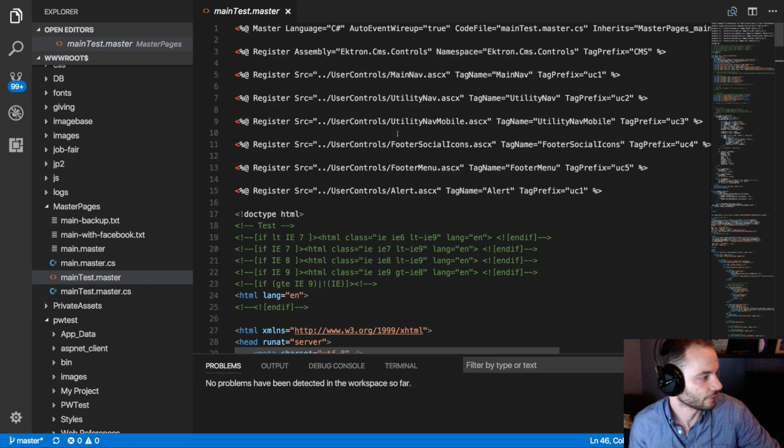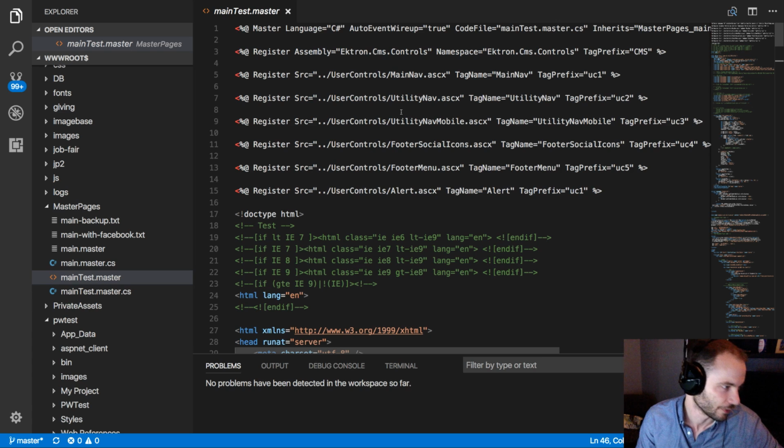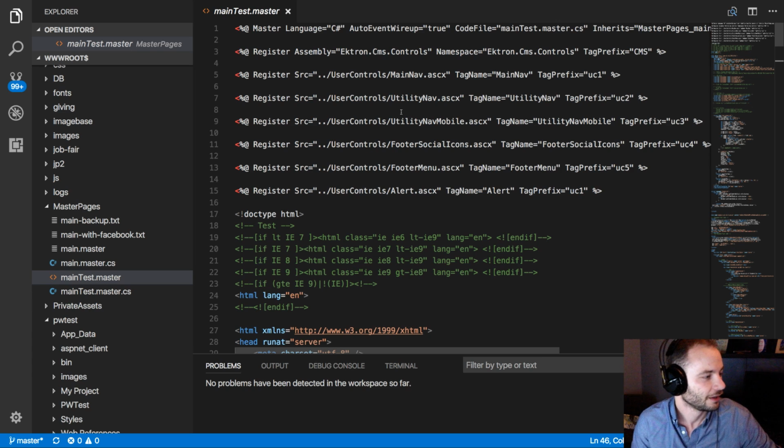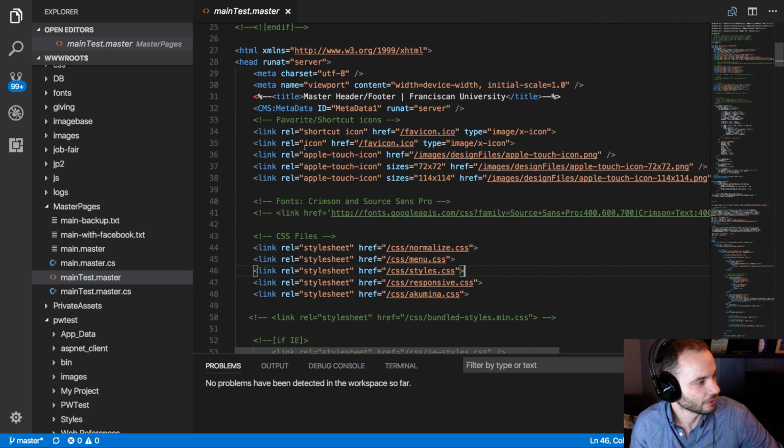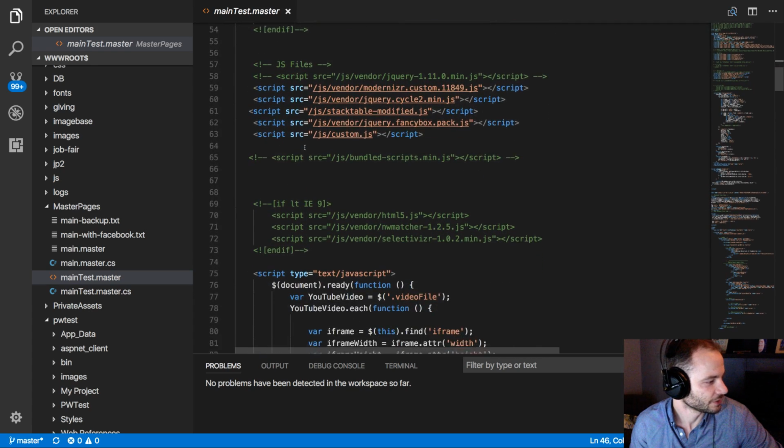So, just scrolling through quickly. Up here we're importing, and in terms of organization and what's going on, there are some similarities to what we're doing with React, right? We're importing a lot of other components. I don't know what the terminology is for Ektron or for .NET framework stuff, but in terms of the terminology that we've been using with React, we're importing components up here, and then down here we're mixing HTML with some of these other